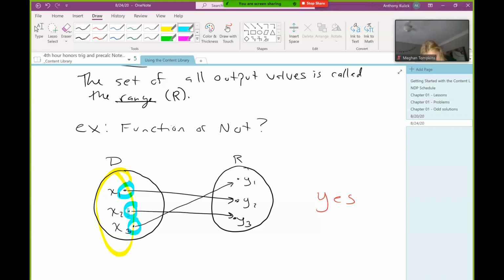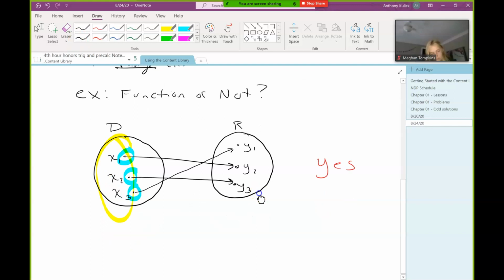Everybody agree with that? The reason we care about that is a function is useful to us because it's well defined, right? If one input had two different possible outputs, how would we know what answer we want? If I did f of 1, and that could be 7 or it could be 10, how am I supposed to know which one it would be? It's not really clear, right? The reason functions are important to us in mathematics is because it's crystal clear. If I have this input, I must have this specific output, right? There's no ambiguity there.